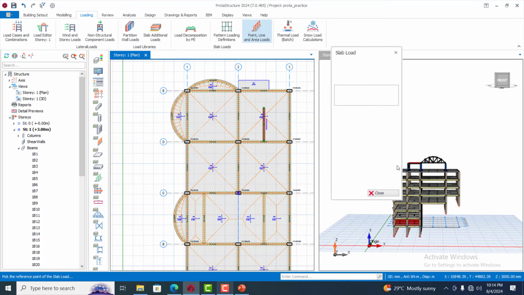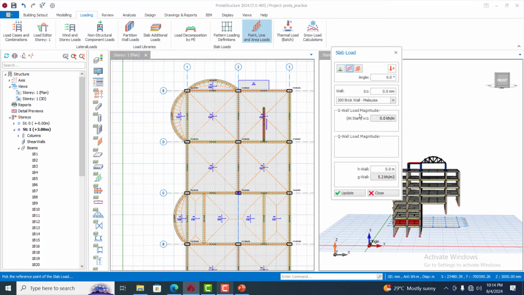So all you need to do is just to come to your loading, and then just make sure you specify the type of wall, right? And then you specify, if you don't have any of those walls here, you can actually type in your values manually here, right? So let's say we have